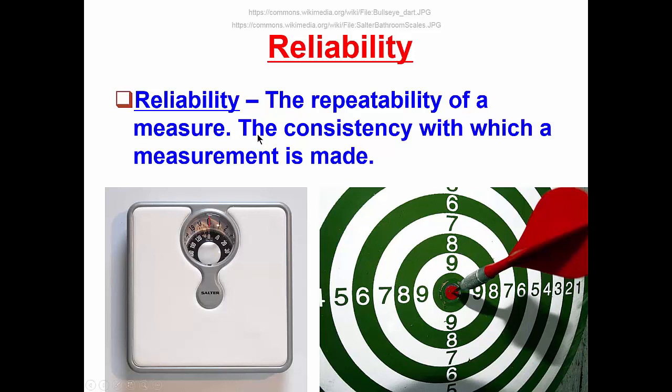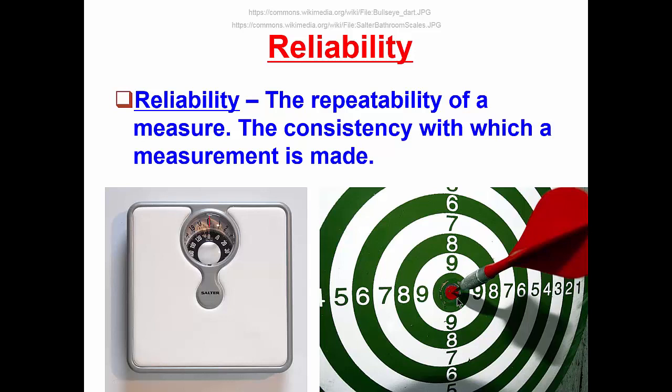So one of the ways of thinking about reliability is how much spread there is in the repeated measures of a particular construct. Here we're measuring dart throwing. If we have very, very high levels of reliability, we would have a very small standard deviation. That is to say that any given observation deviates only a little bit from its mean. If we have much less reliability, then the repeated measures would have a much larger spread around the mean score. And so it goes with any number of psychological constructs.